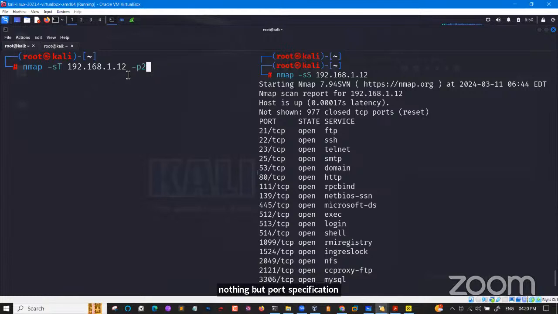If you observe previously, I didn't perform any scan on an individual port, right? So it performs the scan on 1000 ports and gives the open ports. But here I'm specifying the port, meaning I want to perform the scan only on port 21. I don't want all the ports. You getting my point? So when I run that,